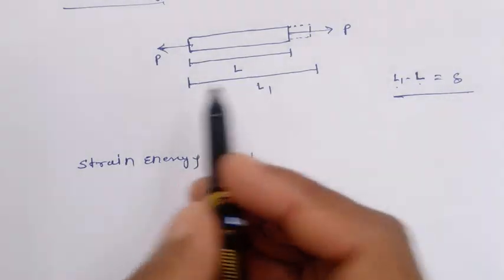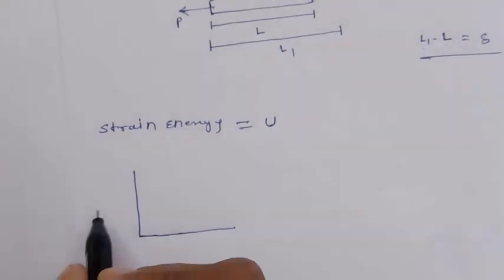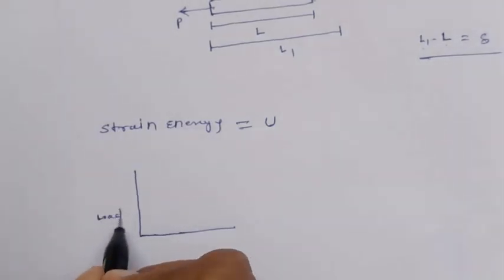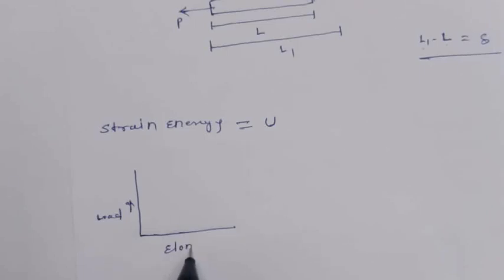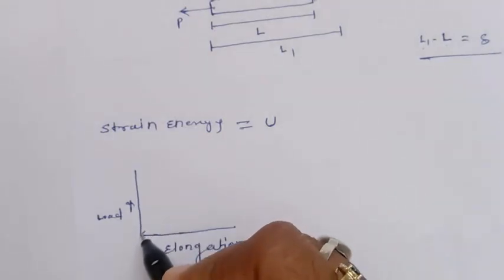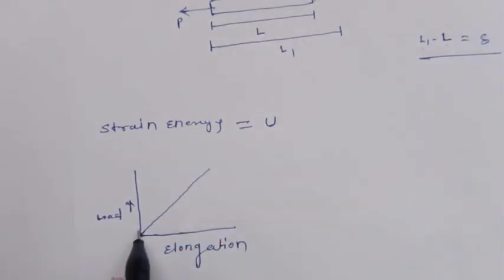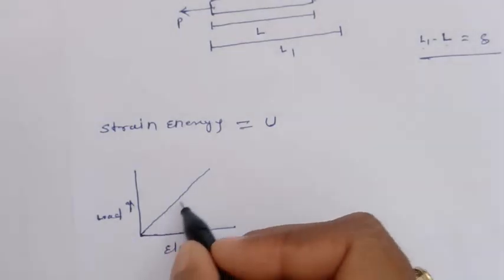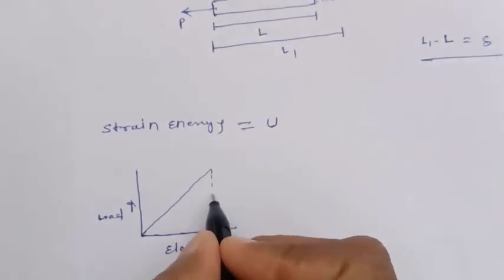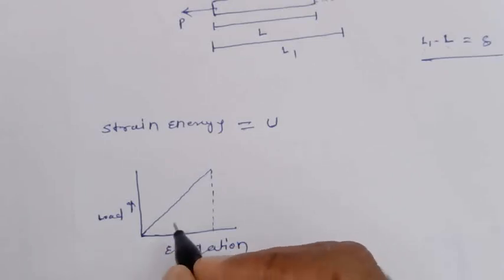So when we apply this load, what will happen in the diagram? If we draw the diagram between load versus elongation, when we apply the load, it is linear, because up to the elastic limit we apply the load onto the elastic material. Whatever load we apply, the corresponding elongation happens, because it moves linearly up to the elastic limit. So because of this, the body is strained and gains internal energy, which is stored,